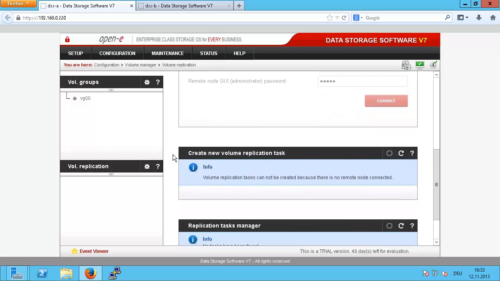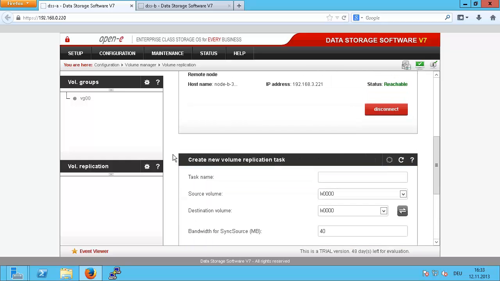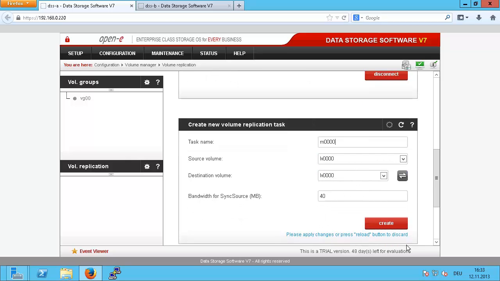Okay, reachable, bound. So the first one I will just call mirror 00. 40 meg for the first one is enough. This is a very teeny logical volume, very small. So M01,